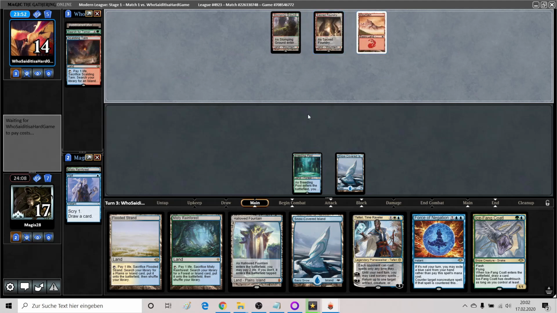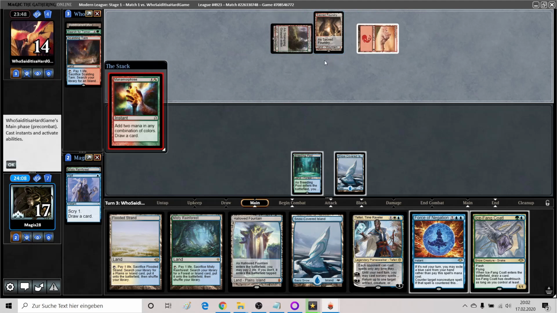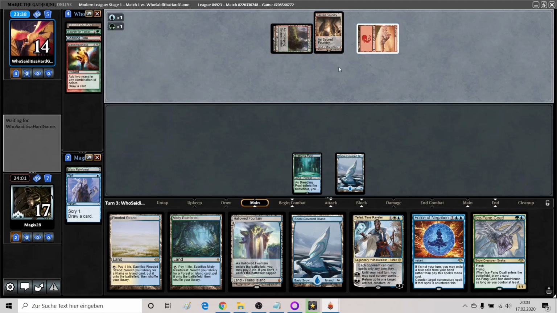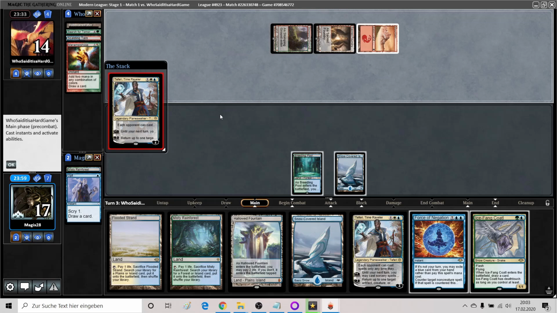Sacred Foundry, okay. Is this not a Valakut deck? Manamorphose. This is getting wild. What is this? Naya Storm or what have you? Blue mana. This is getting wild. Maybe an Uro? Teferi. Well...